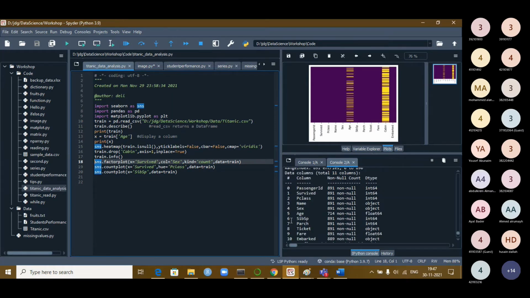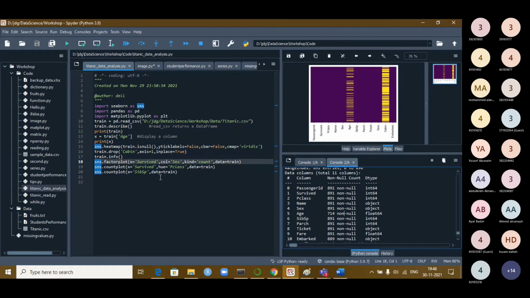That is what is shown here. If you look at the non-null count from this info also, in the age column 714 are non-null out of 891. So the remaining are null values. From the info also you can see this, which is another way. The graph shows it visually, and from this info you can get the value. How many are not null? You can see 714 are not null. These are non-null values, and out of 891 the remaining are null values. That is what is showing here.